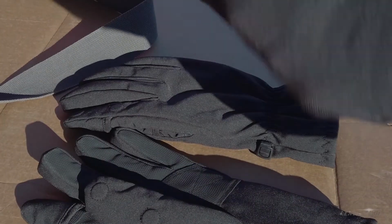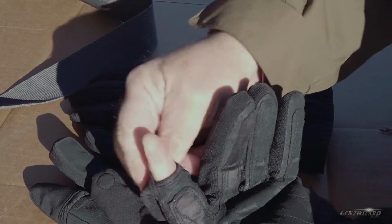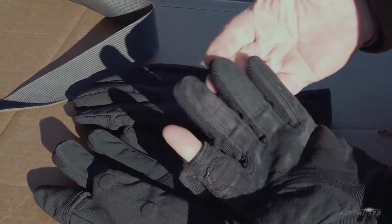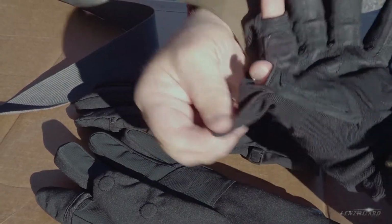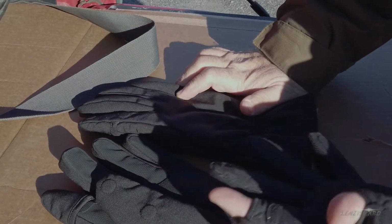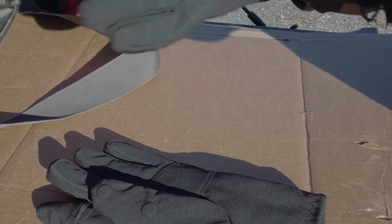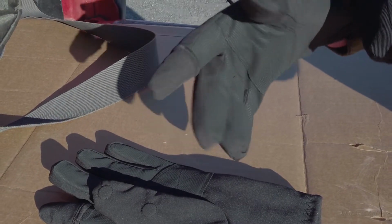Let me put this glove on. This is the left hand. And obviously these things open up. I mean, that's what everybody pretty much buys the Freehands gloves for. They open up. Now, the first thing that I noticed about these new gloves is that they open up, of course, but